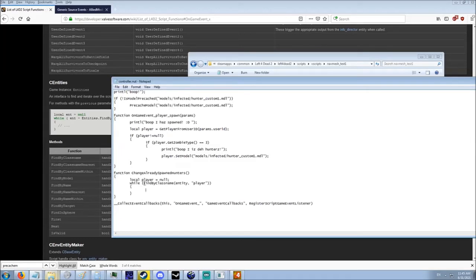So what I'm going to do is check if this is equal to null, and at the same time this is going to take the value of this right here. So this is a conditional statement, and this is a statement that tells it we want to put the value of find by class name into player, and we're going to put, if, let's see, player